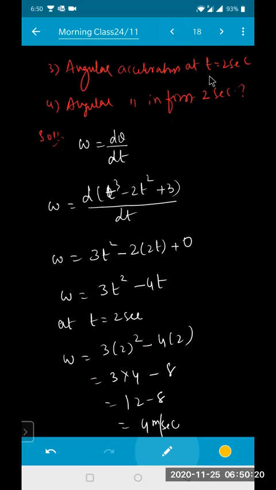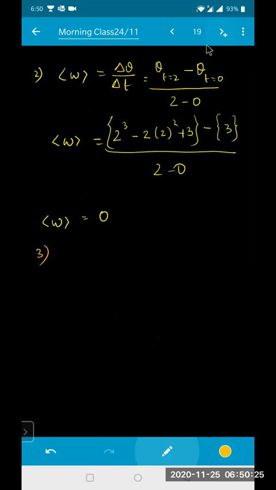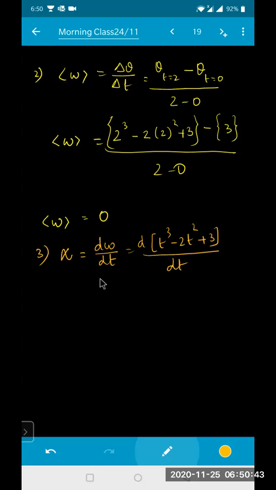Angular acceleration at t equals 2 seconds. How to write the angular acceleration? Alpha is equal to d omega by dt. So that is equal to d of omega, which is t cube minus 2t square plus 3, divided by dt. That means alpha will be equal to the differentiation of t cube, which is 3t square, minus